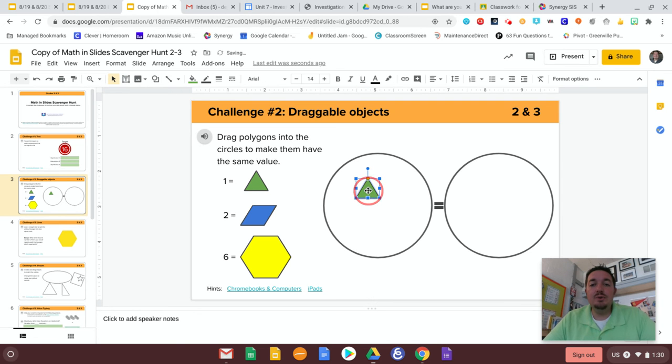So you have to move the objects into the circles. So remember, you're trying to make 2 shapes equal the same. So if you are trying to make a hexagon here, it's got 6 sides, you need to bring how many triangles over to get the same amount of sides? Okay,